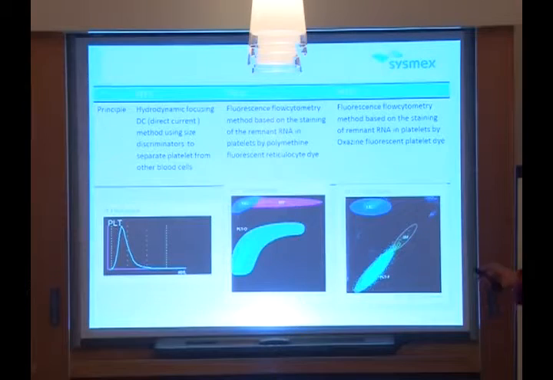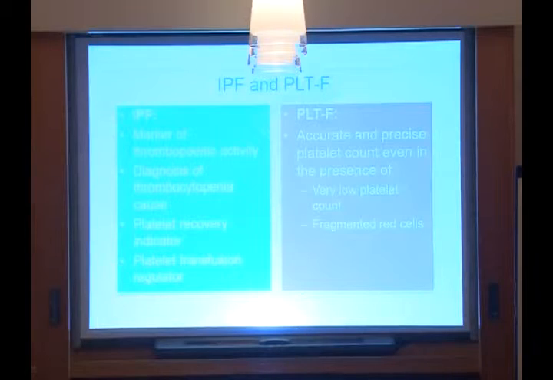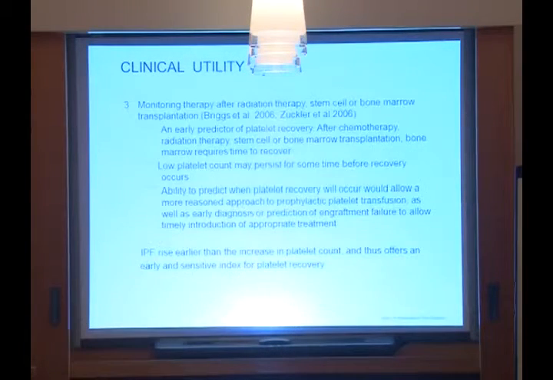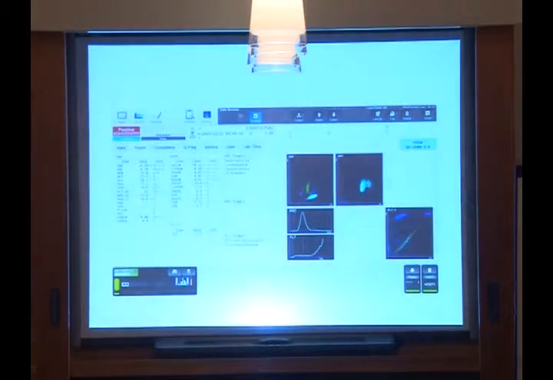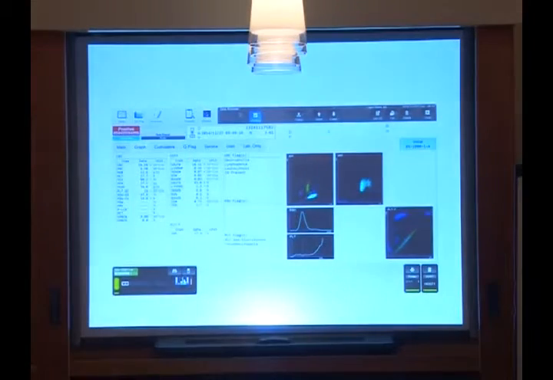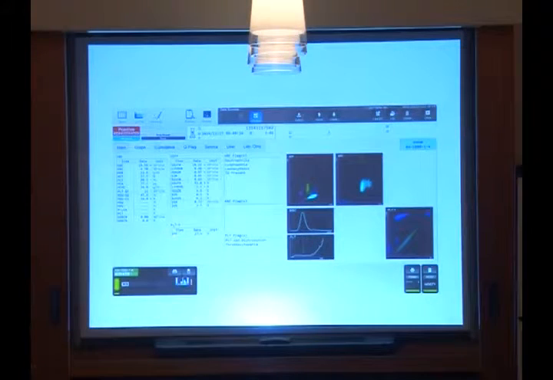So now, to complicate your life further, we have 3 ways of counting; you were saying O, but F is of course the most specific, platelet F. Okay. So these are our cases on the XN. And we started noticing that when we have low platelet, we were not getting an MPV, or we didn't know what to do. We started using this. Here, I'll just show you the screen first. So here in the platelet F, you get an IPF, which says 27.3. Okay, just stay with that number.